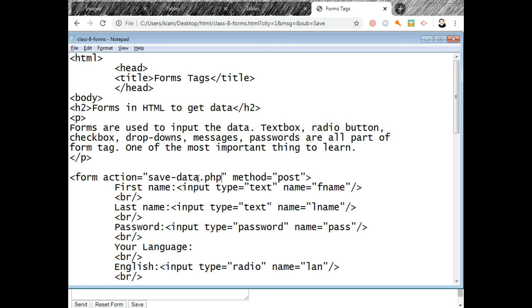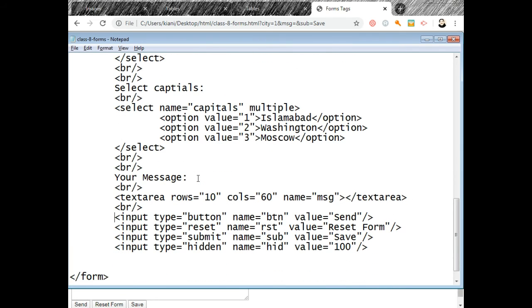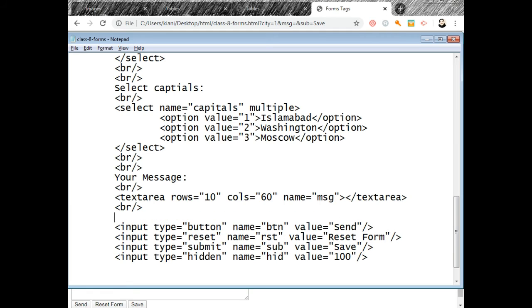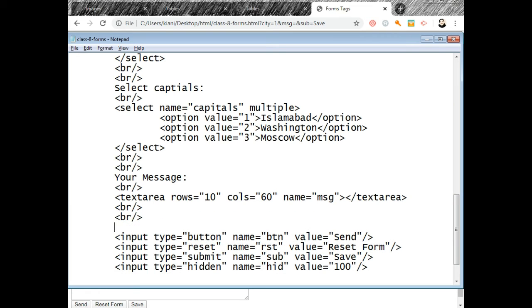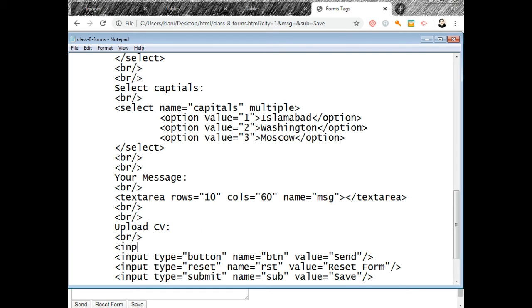There was another very important type we left, the multipart form data type, that is called file. For example, after this I write br again, and I write upload CV, br, and input type is equal to file, and name is equal to cv.